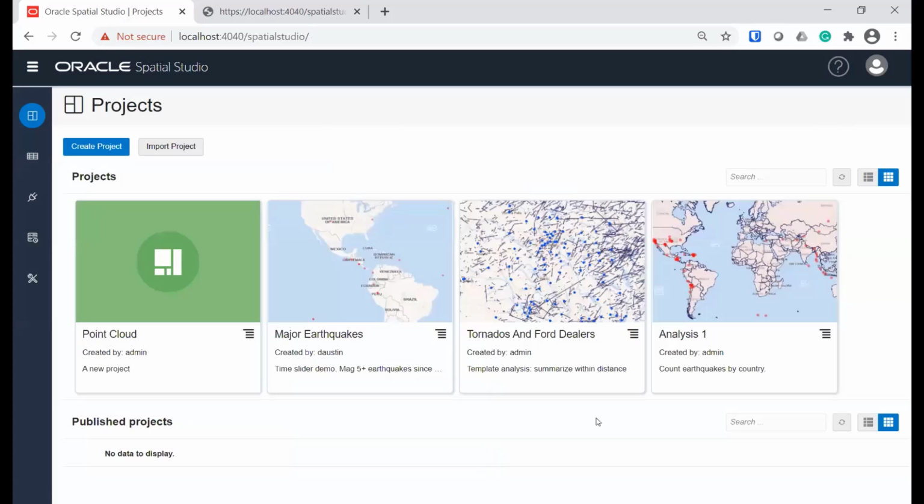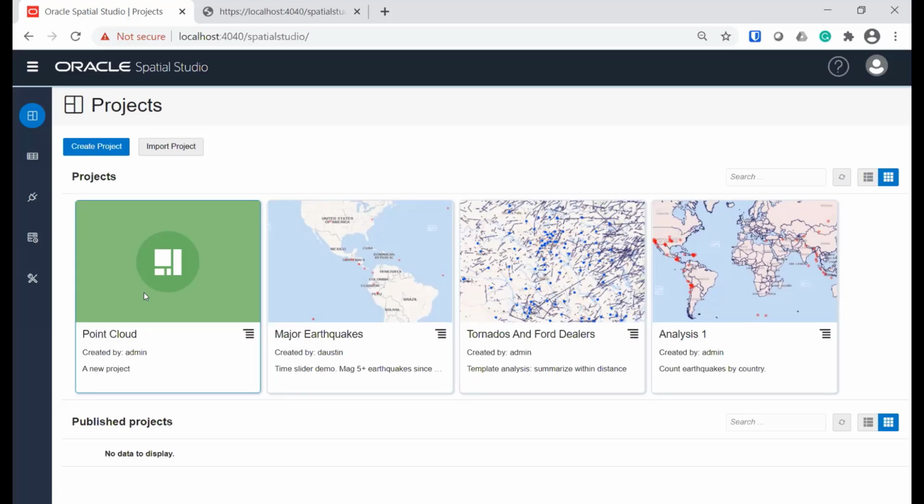Okay, so the next demo is 3D point clouds and city models. So this is a new visualization, and currently it is only for pre-created 3D tiles. So folks probably know that in Oracle Spatial, inside the database, you can store huge amounts of point clouds and other 3D data types like CityGML, city models. So currently, this release of Spatial Studio does not directly support the 3D data stored in your database,